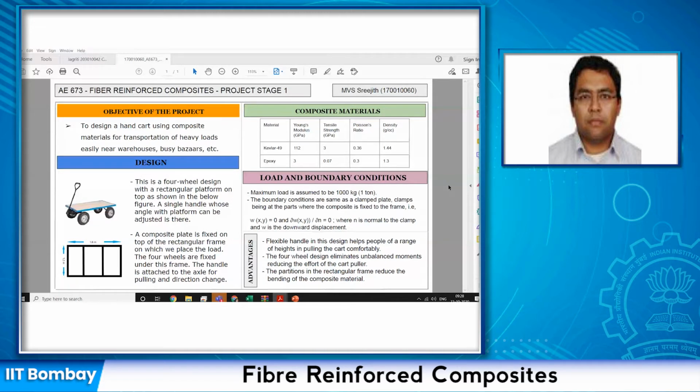So my only quick comment is, why did you choose Kevlar? Sir, I was checking for different strong fibers, and I found Kevlar and carbon fiber, but carbon fiber was a little more expensive than Kevlar, and Kevlar's weight is also less compared to the carbon fiber. So I thought it will make a better design.